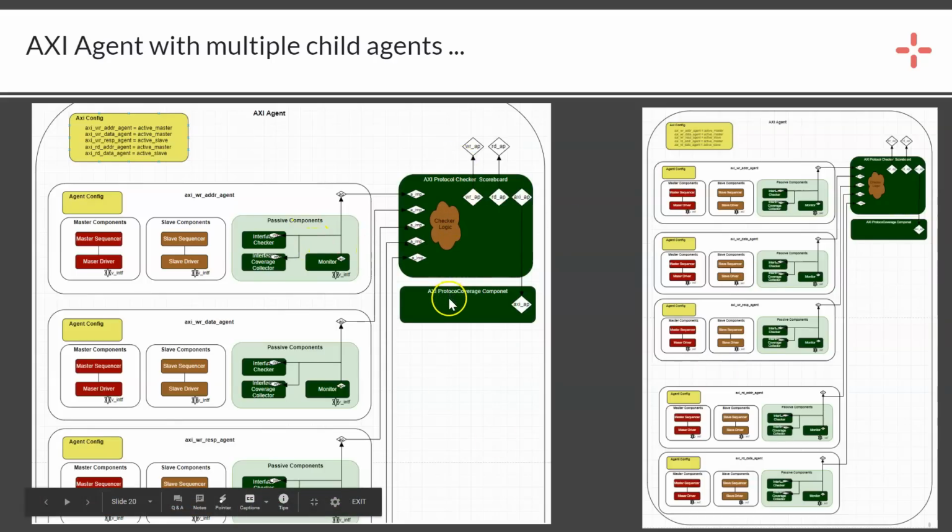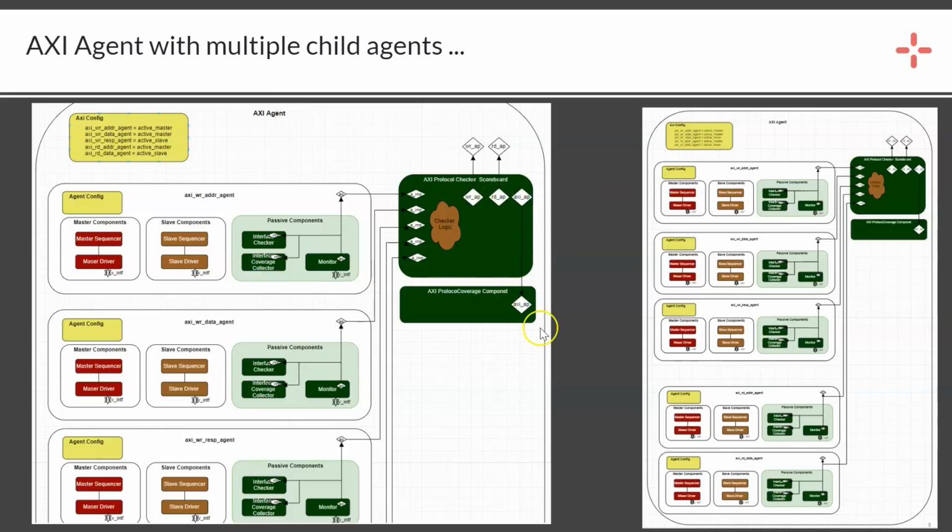This coverage collector and checker component could be connected to the 5 different analysis ports that sit in the individual sub agents, and after that you can write the checker logic within this protocol checker. You can combine the 3 write transactions, and when a complete transaction is available, send it to another write analysis port. In the same way, you can combine the read address and read data transactions together when a complete set is available, and after comparison, if it is successful, you can write it to a read analysis port as well.